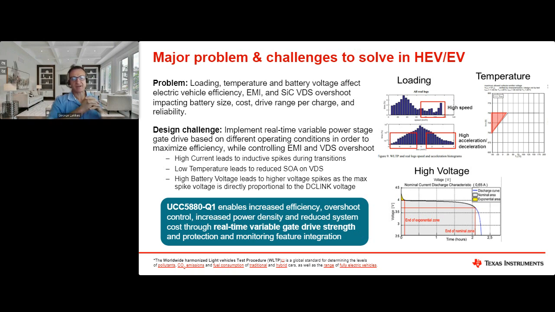And last but not least, the battery itself makes a difference. What I'm showing here is just a single lithium-ion cell, basically 4 volts. So for an 800-volt design, you would multiply by 200. But when the battery is full, that also tends to stress the silicon carbide FET switch, in terms of overshoot. So all these operating conditions, and the fact that they change as the driver drives the vehicle, from starting the vehicle to parking it, affect the operation of the traction inverter.